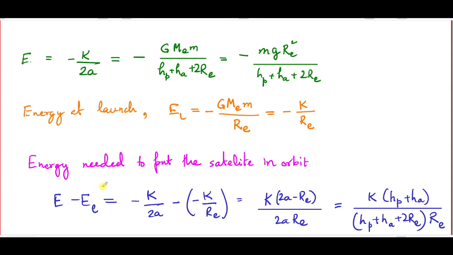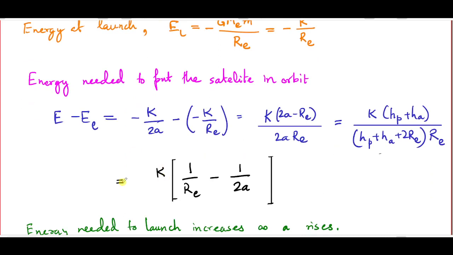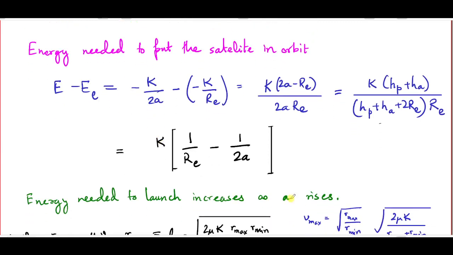Anyway, the energy that you need to put the satellite in orbit is simply the difference between minus k by 2a and minus k by RE, which can be rewritten in this form, k into twice a minus RE by twice a RE. Or in terms of the perigee and apogee heights, you can rewrite this as k into HP plus HA, and this factor here is simply twice small a times RE. Another form which actually is more useful perhaps is simply this expression rewritten as k into 1 over RE minus 1 over 2a, which shows that the larger the semi-major axis of the orbit is, the more energy you need